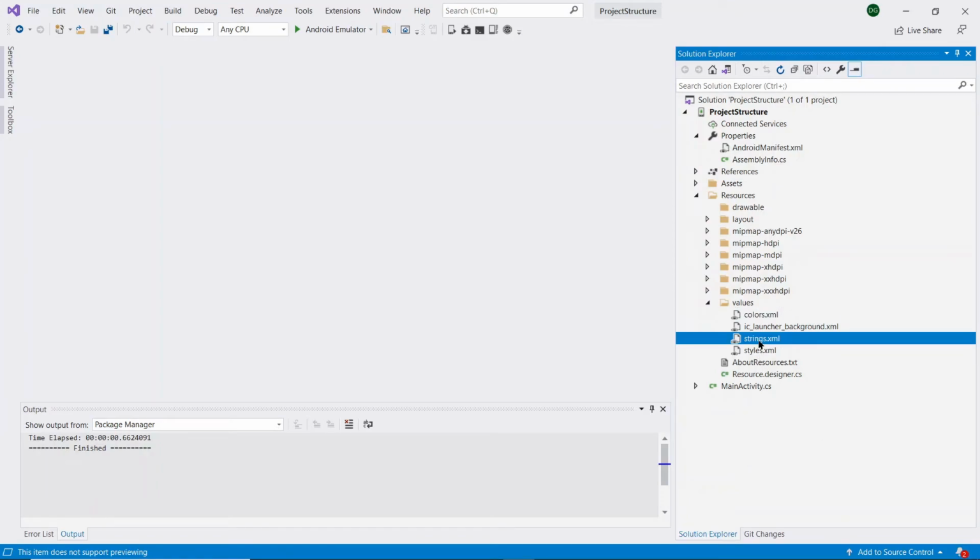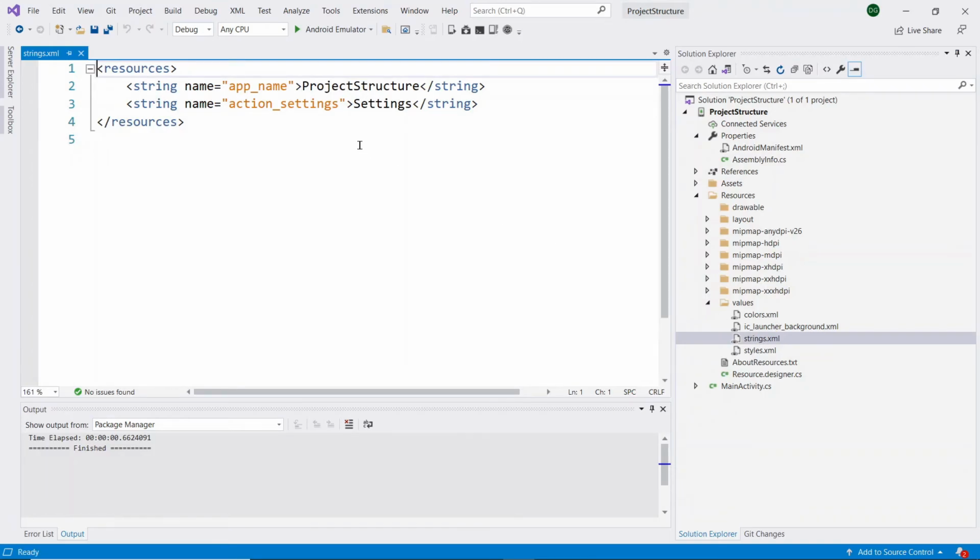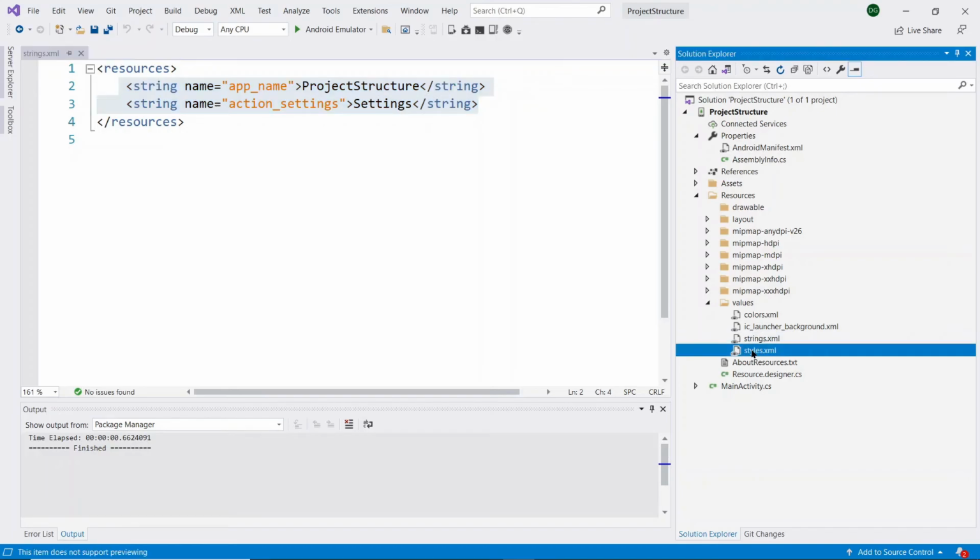The main purpose of the strings.xml file is that whatever strings are used in our project, we can separate all the strings and add those strings inside this strings.xml file. Once you add our required strings to this strings.xml file, we can use them throughout the application. It's almost similar to the colors.xml file. The main difference is that in the colors.xml file we add the colors, and in the strings.xml file we add the strings. So with the help of this strings.xml file, we can easily maintain our application by separating all the strings at one place. Our next file is styles.xml.